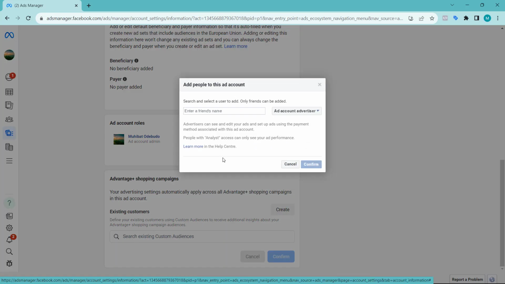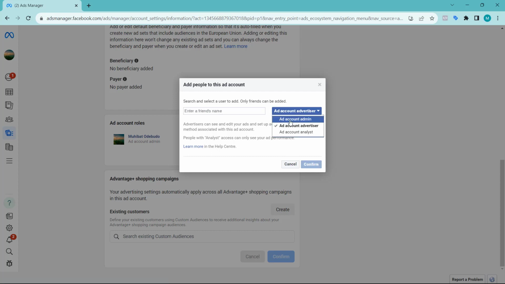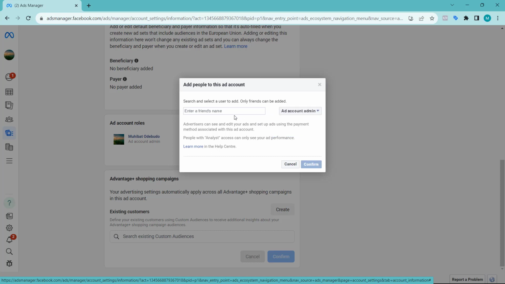It's going to ask you to enter your friend's name. Once the person has been accepted as a friend, when you click on the person's name, you will be able to add him, and you will make sure that it is ad account admin. Ad account admin, and you add the person's name based on the name he has given you. Once you have done that, you confirm it and it will be sent to him. So that is basically how to add your representatives to the group